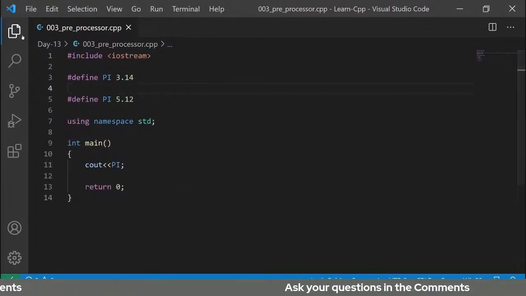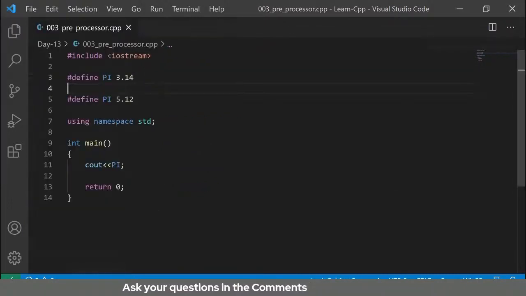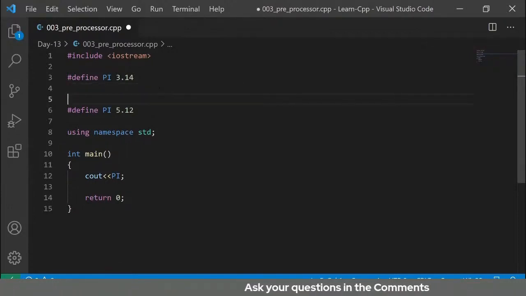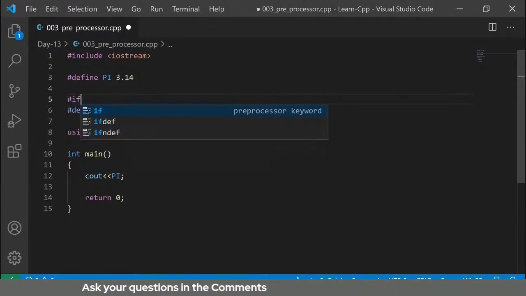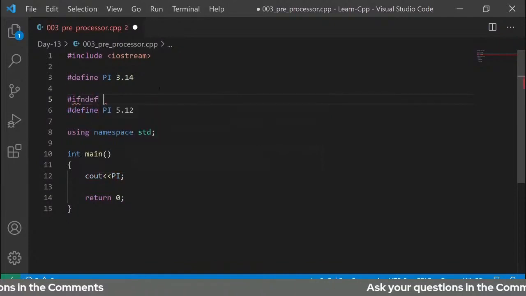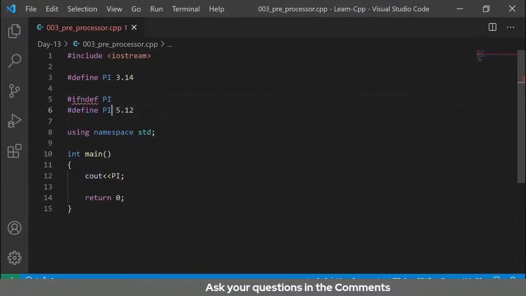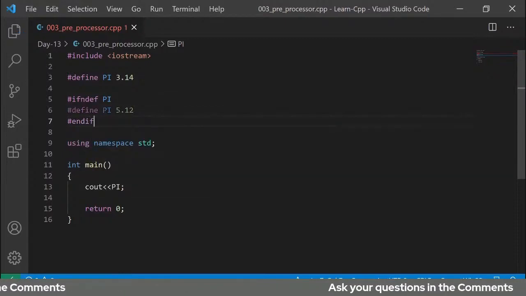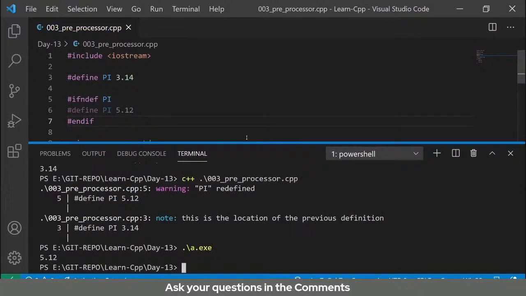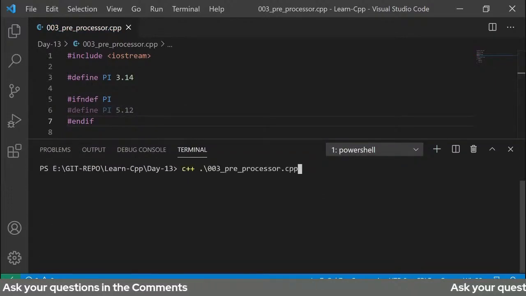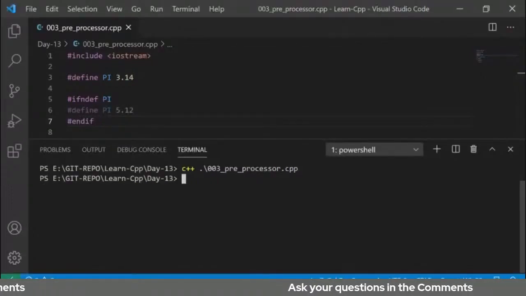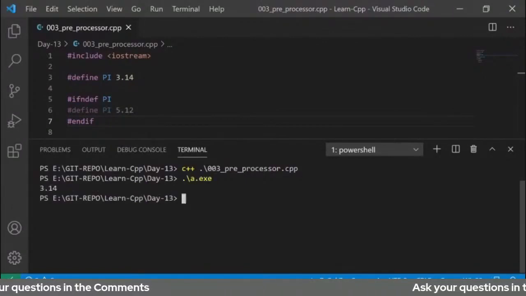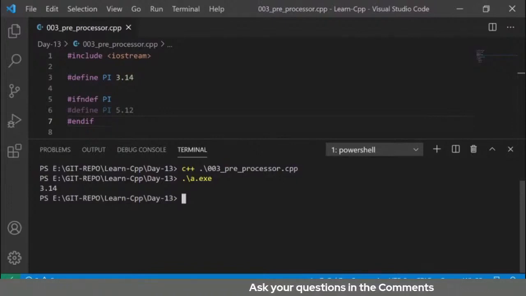बट अब हमको क्या करना है, इट इज द केस ऑफ हेडर फाइल। मैं हेडर फाइल से भी दिखा सकता हूँ, हेडर फाइल को हम कैसे करते हैं, उसको भी हम देखते हैं एक सेकंड। सबसे पहले अब हमको वी हैव टू टेल इट दैट इफ पाई इज ऑलरेडी डिफाइंड वी शुड नॉट चेंज इट, तो हम क्या करेंगे, इफ नॉट डिफाइंड और उसके बाद हम नाम दे देंगे, इफ नॉट डिफाइंड देन ओनली डिफाइन दिस, और एंड इफ। अब हम चेंज देखते हैं, लेट अस सी द चेंज। सबसे पहला चेंज तो ये हुआ कि कंपाइलर ने वार्निंग ही नहीं दी दैट पाई इज ऑलरेडी डिफाइंड। और दूसरा चेंज, जब हम आउटपुट कर रहे हैं तो 3.14 आ रहा है, इट इज नॉट 5.12।